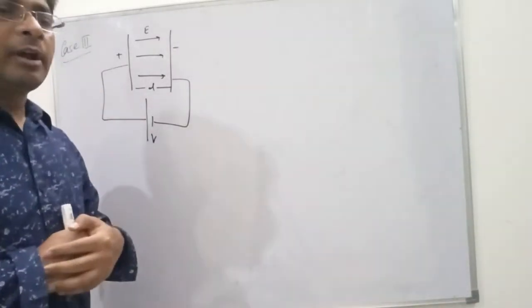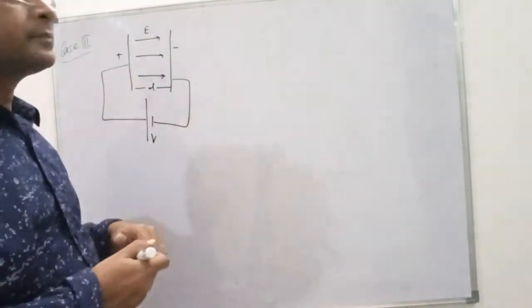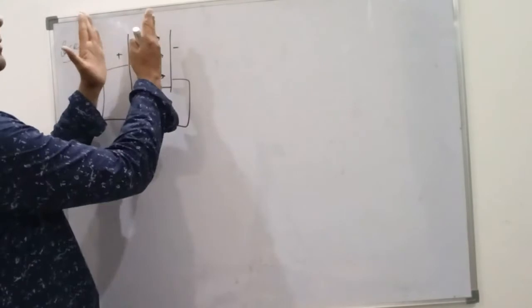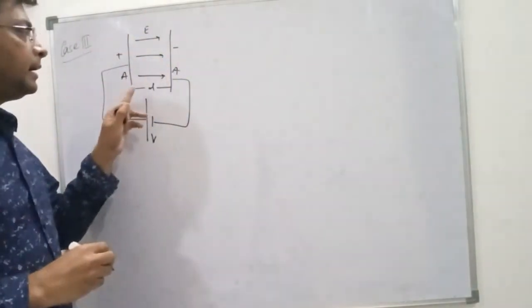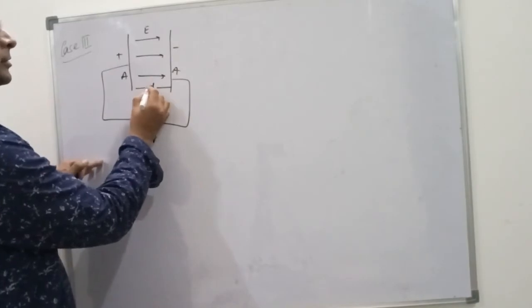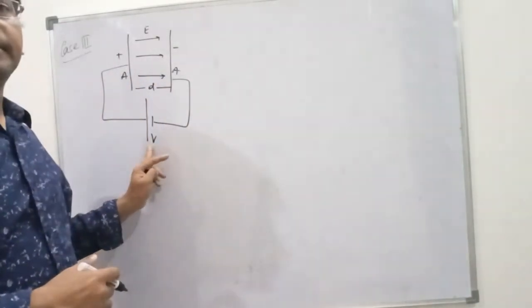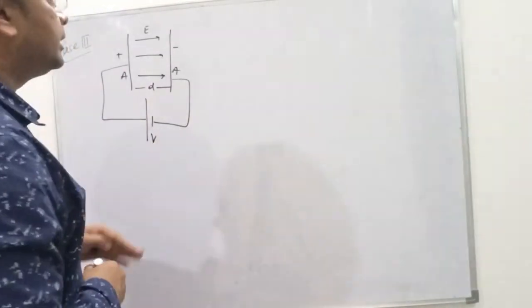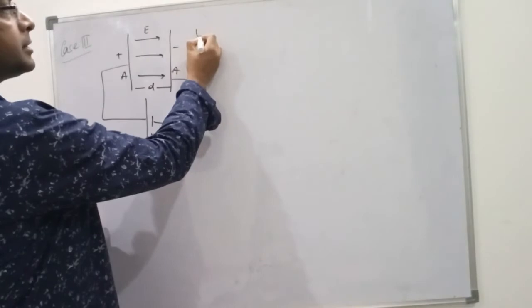We are going to find the force of attraction between the 2 plates. This is 2 parallel plates, and these 2 plates are identical. Small d is the separation between the 2 parallel plates and V is the voltage of the battery. Now in this case, we have derived earlier total energy